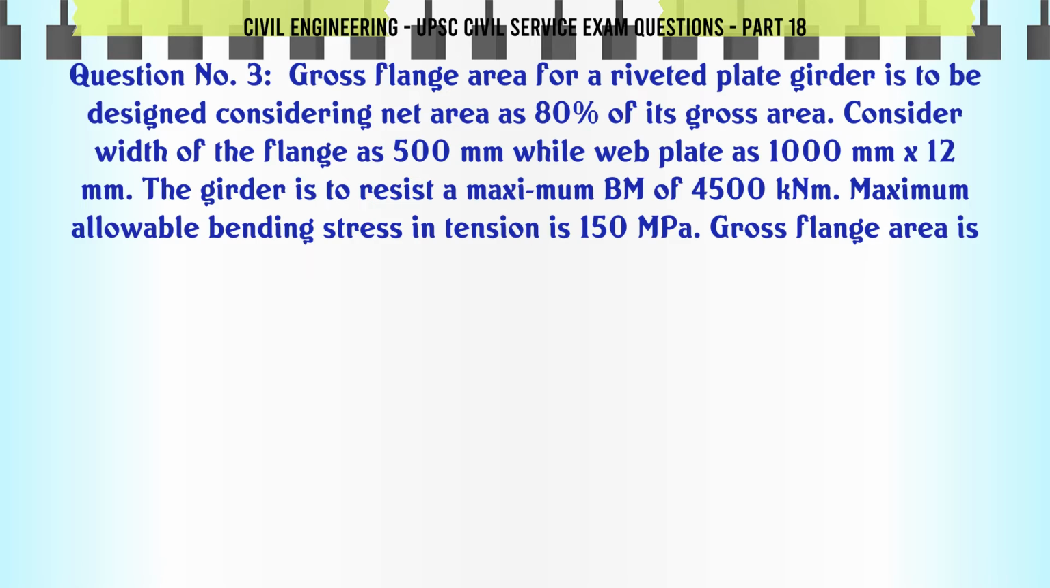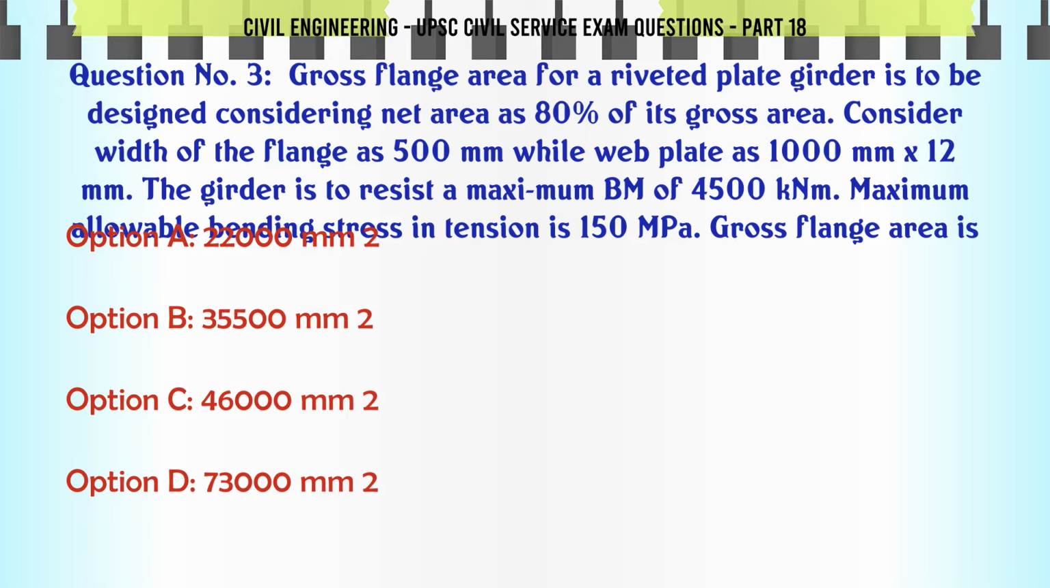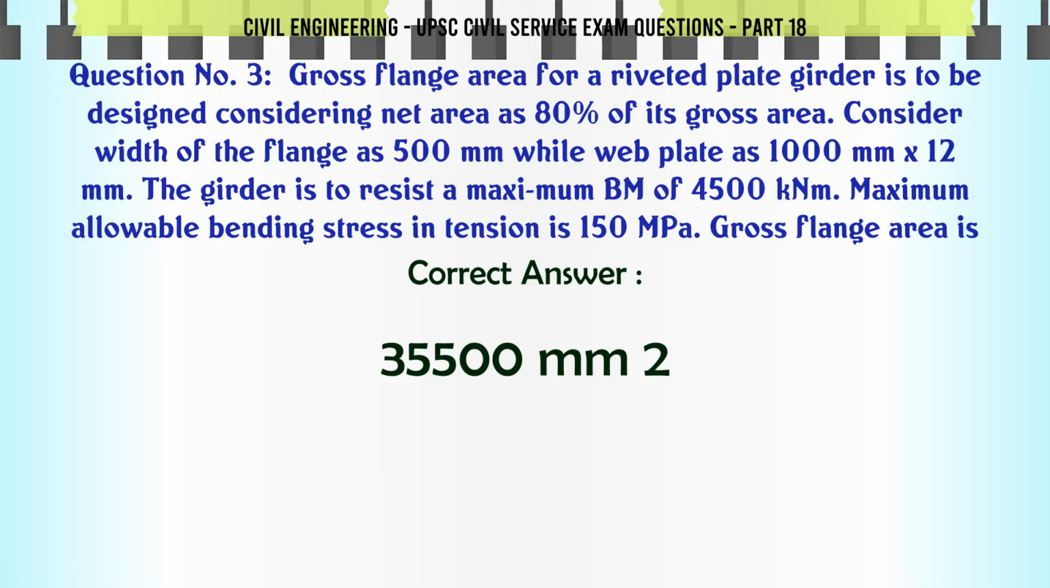Gross flange area for a riveted plate girder is to be designed considering net area as 80% of its gross area. Consider width of the flange as 500 mm while web plate as 1000 mm x 12 mm. The girder is to resist a maximum BM of 4500 kN-m. Maximum allowable bending stress in tension is 150 MPa. Gross flange area is: A. 22,000 mm², B. 35,500 mm², C. 46,000 mm², D. 73,000 mm². The correct answer is